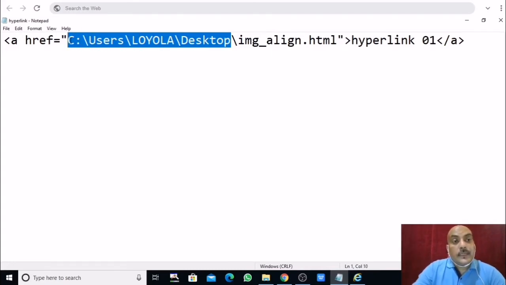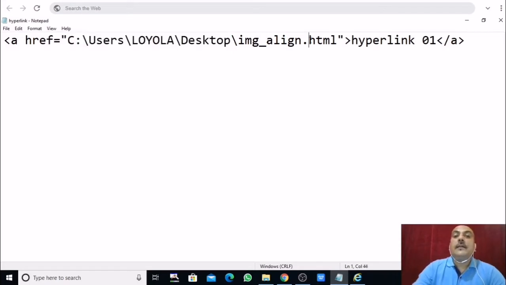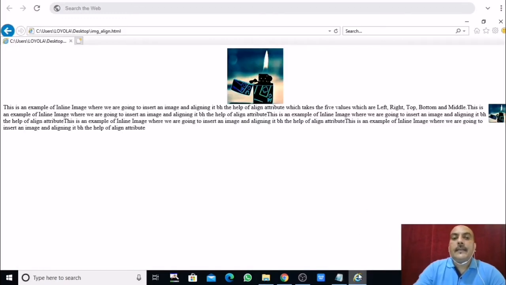So the browser looks for this file in the path and then opens the file by searching for it with the extension, reads it, and correctly renders and parses it also. That is how we can use an external link.